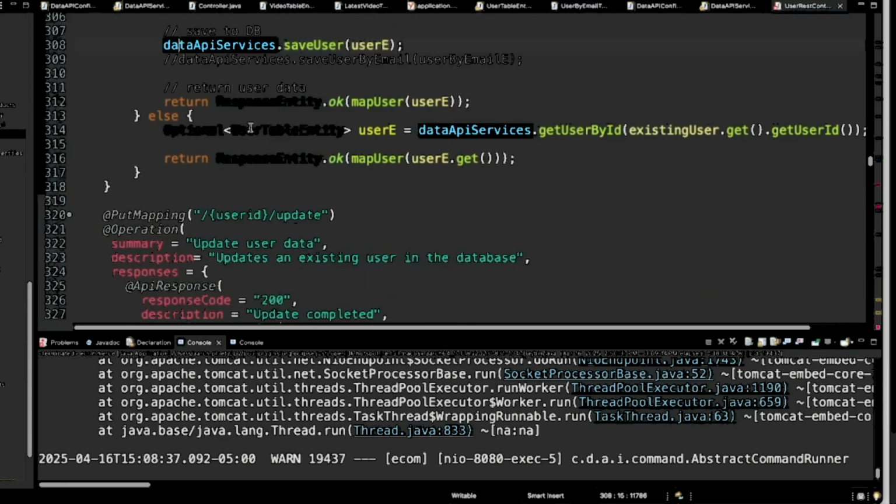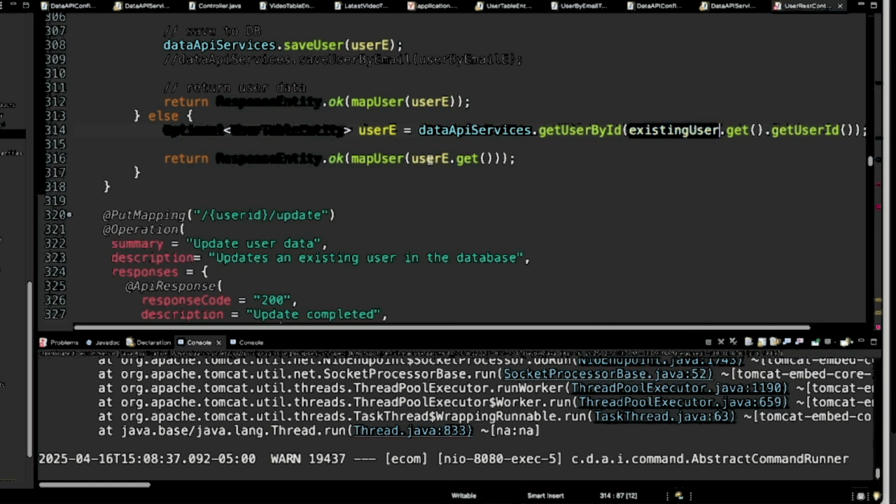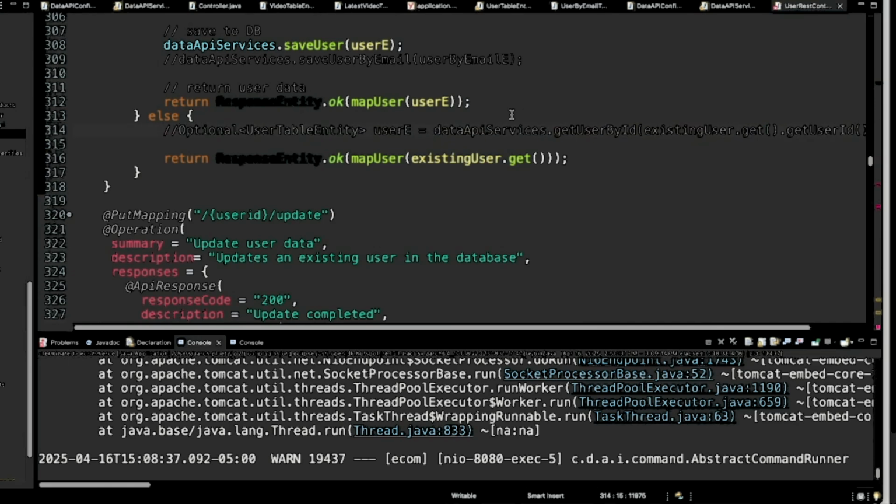There. And if it is true, we can really just return existing user and not have to do anything else. There.